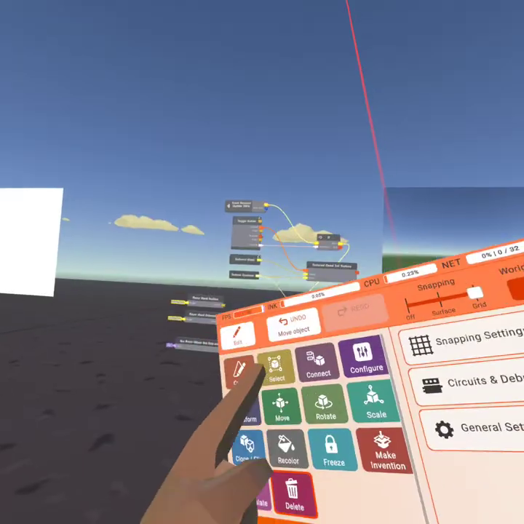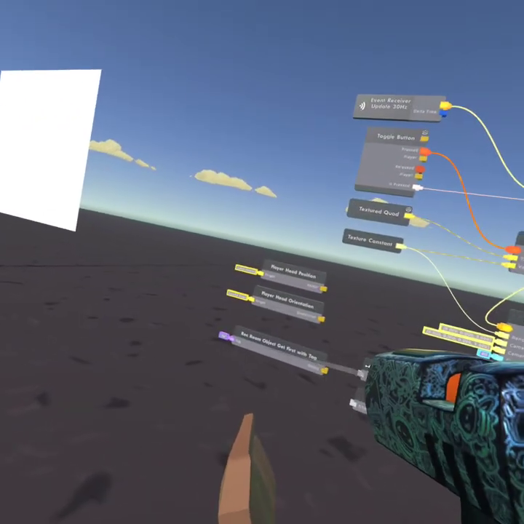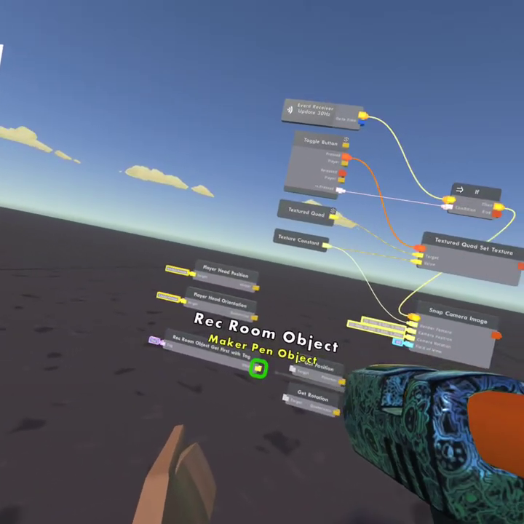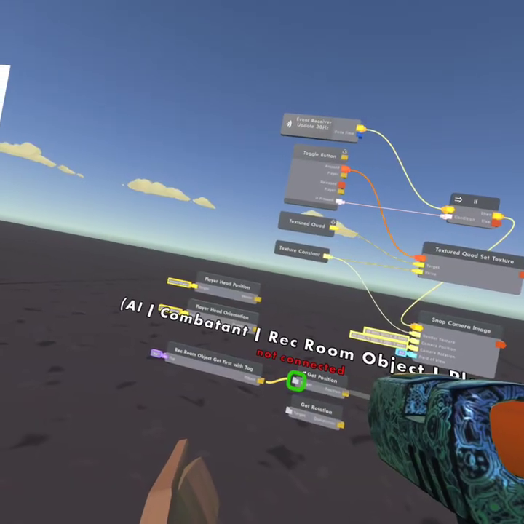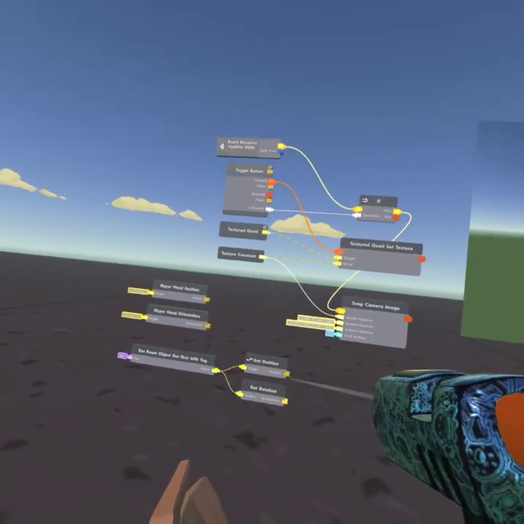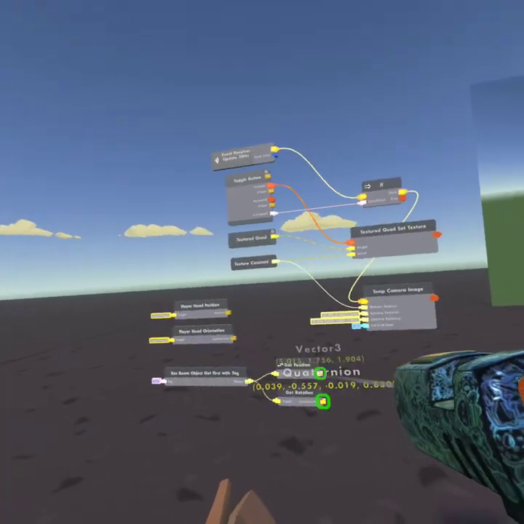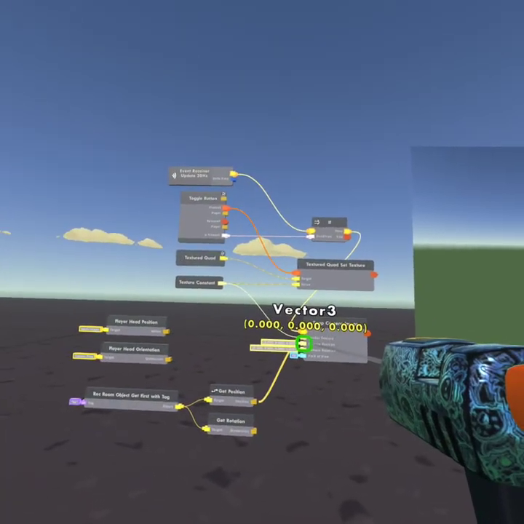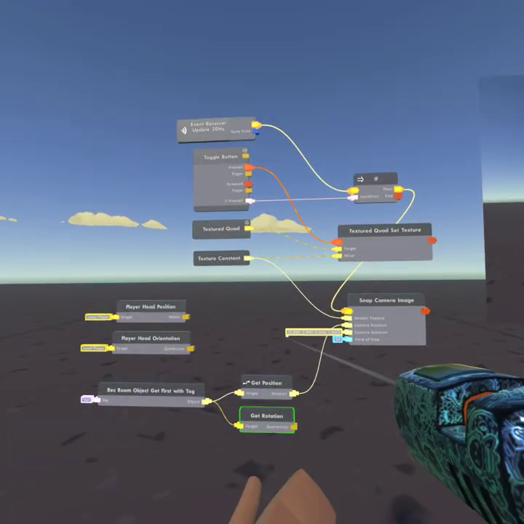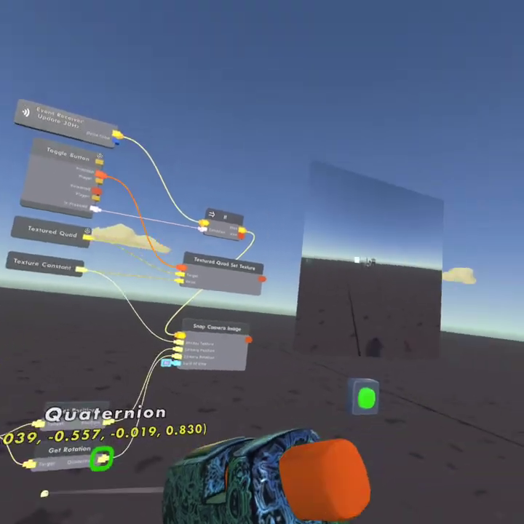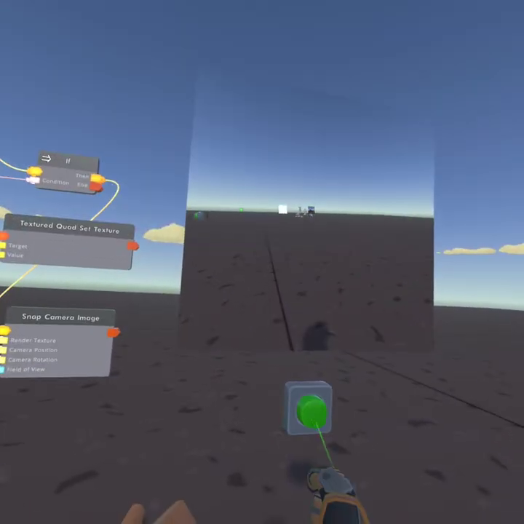So now what you're going to do is get the Rec Room get first with tag. You're going to connect it to the position and connect it to get rotation. So now you have the position and the rotation. And you're going to connect it to camera position and camera rotation. And bam, now you have the